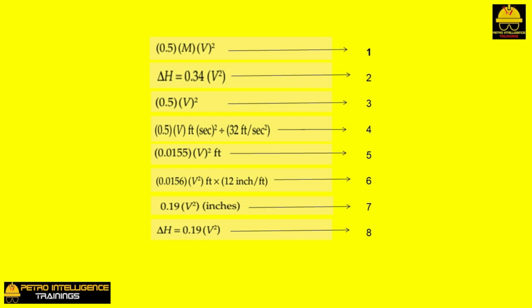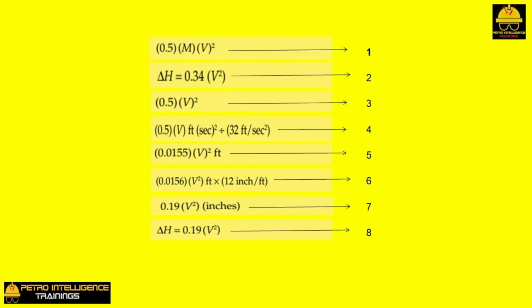The actual theoretical calculation for converting head to acceleration. Step 1, let's assume that I have 1 pound of liquid flowing through a nozzle at a velocity of v feet per second. Step 2, to increase the kinetic energy of the liquid from no velocity to v requires 0.5 m v squared, or since m equals 1 pound of mass we can say 0.5 v squared. Step 3, I'll now divide by the gravitational constant at the surface of planet Earth, 32.2 feet per second squared. 0.5 v squared feet squared per second squared divided by 32.2 feet per second squared,